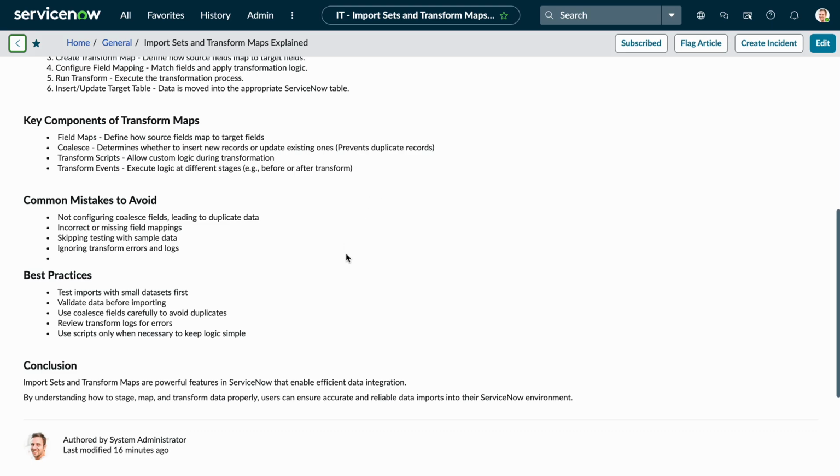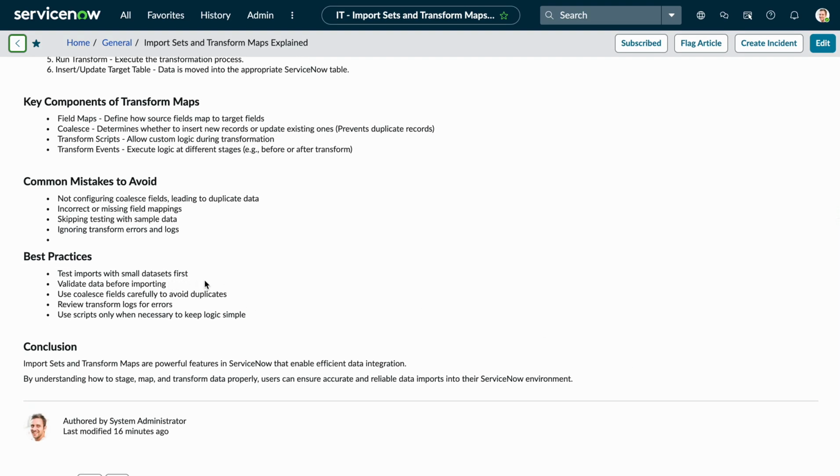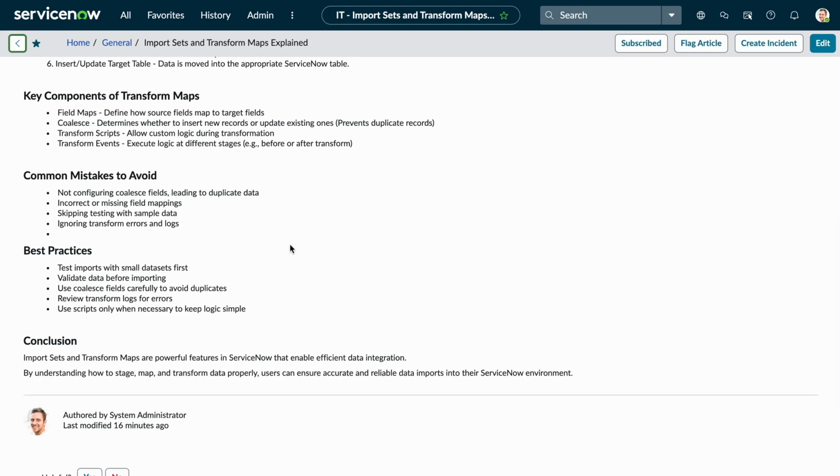So let's talk about best practices. Test imports of small data sets first, and we briefly talked about that with the common pitfalls to avoid. Validate data before importing. So take a look at the data, verify everything looks correct before importing the data. Use your coalesce fields carefully to avoid duplicates. Review your transform logs for errors, and use scripts only when necessary to keep logic simple. So do not look to create very advanced scripts. If you can, make it simple so that it's easier to maintain, manage, and also troubleshoot